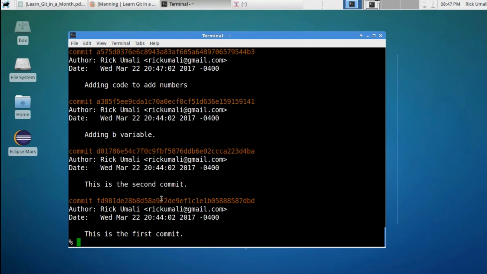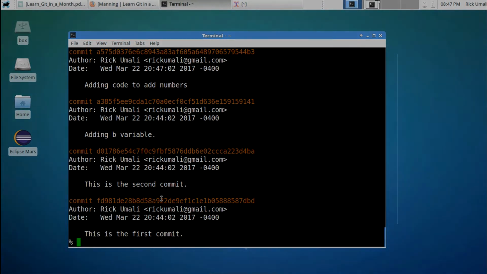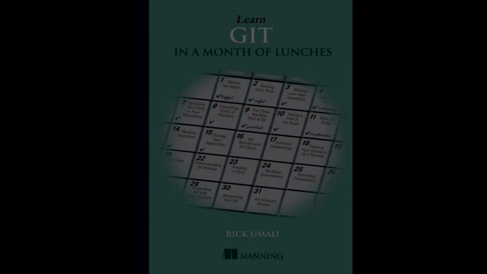So that's the walkthrough of section 7.4.3 of my book Learn Git in a Month of Lunches. I hope that cleared things up, but if it hasn't,